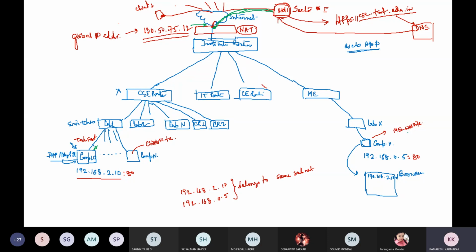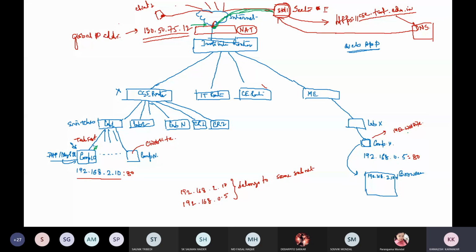Now, if you request a resource of the computer science department, the request will be received by the computer science server. After that, it will generate the response and the response will be forwarded to the NAT. NAT maintains the information about which source this packet is from. So this request has been submitted by this source; that kind of information is managed by the NAT.